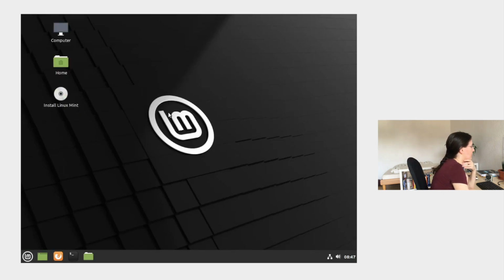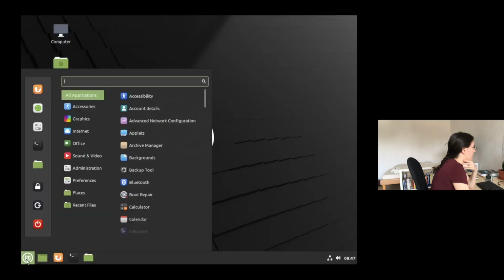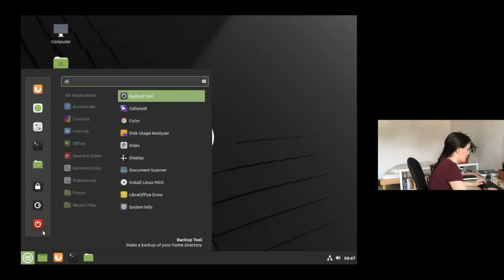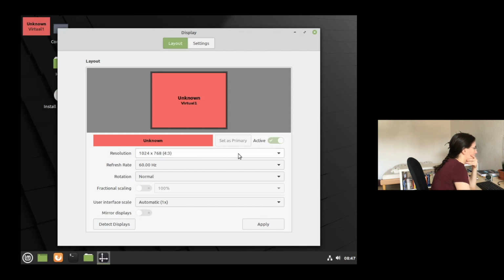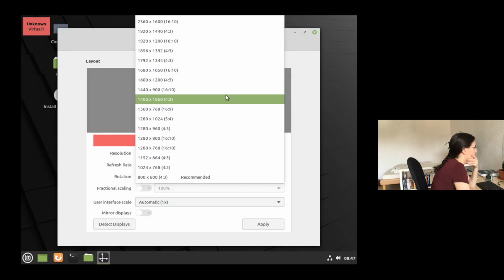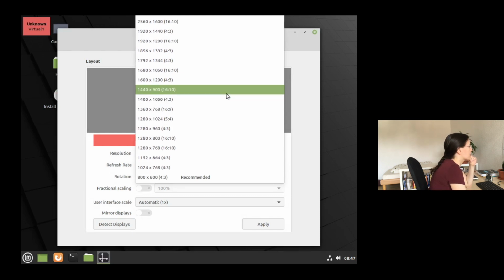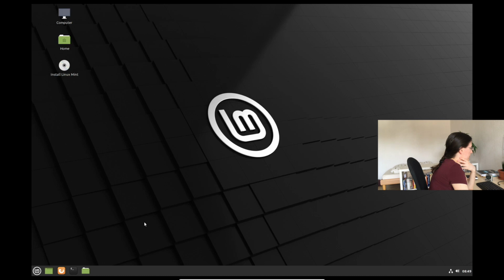First we want to make the screen a bit bigger, so I'm gonna switch to full screen mode. And then I'm gonna go to Display. And then I'm picking something which is as close as possible to my resolution, because in the VirtualBox I didn't have the option which exactly matches my screen type. Okay, so now you can just try out your operating system here.